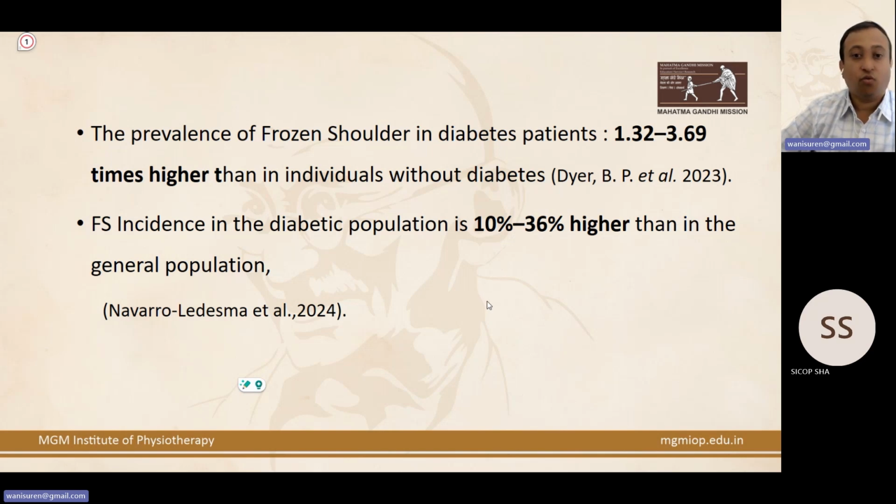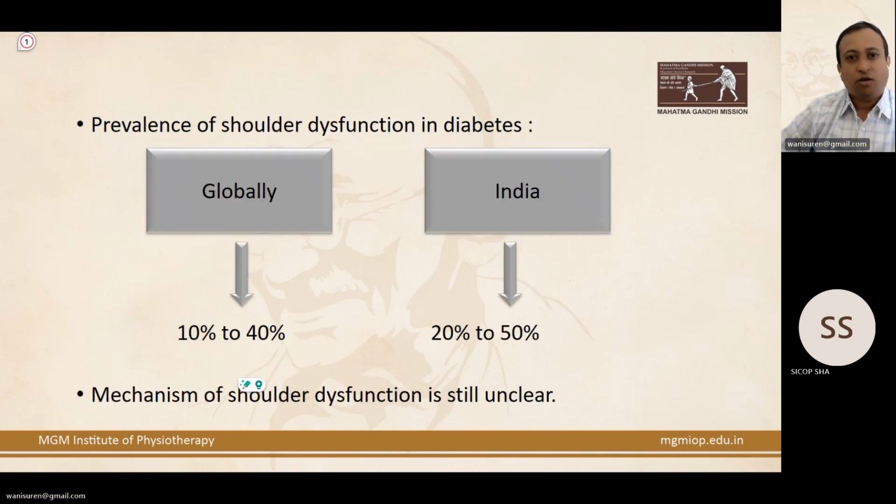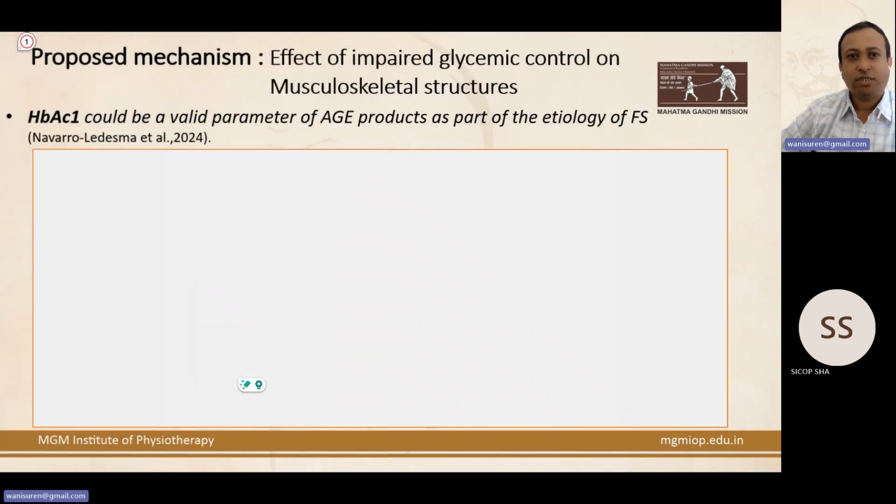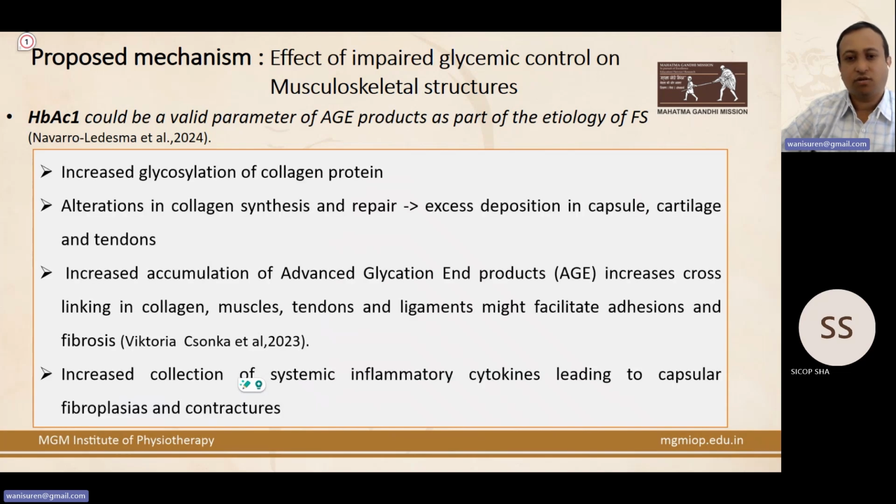patients with diabetes. Now, why is it so? The prevalence of shoulder dysfunctions in diabetes globally is around 10 to 40%. In India it ranges from 20 to 50%, but the mechanism for the development of shoulder dysfunction in patients with diabetes remains unclear. We'll try to find out what may be the reason for the development of this adhesive capsulitis in patients with diabetes. So the main